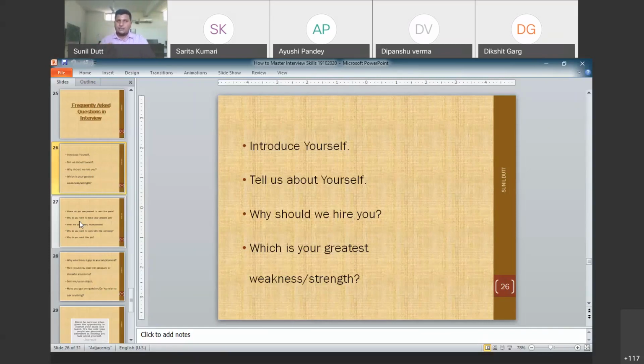One, if you are being honest about what your weakness is. Suppose you are bad at management, you are bad at time management. So if you are going to be honest, present it in such a way